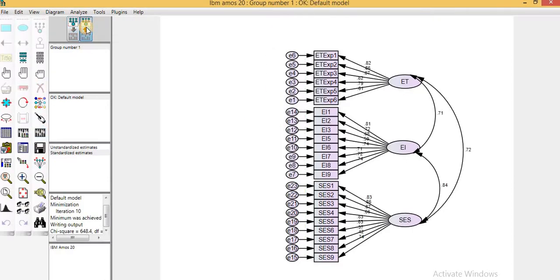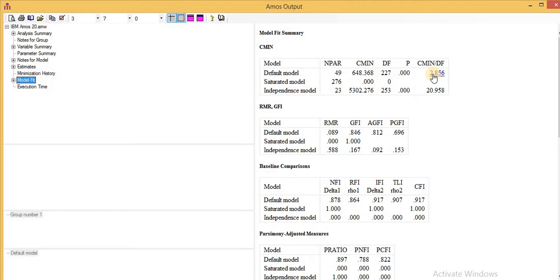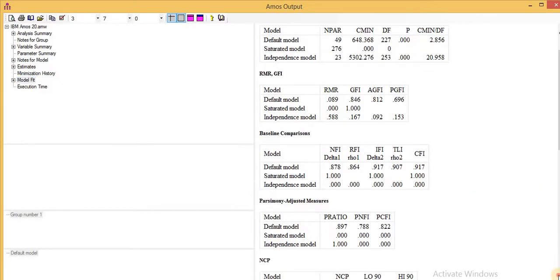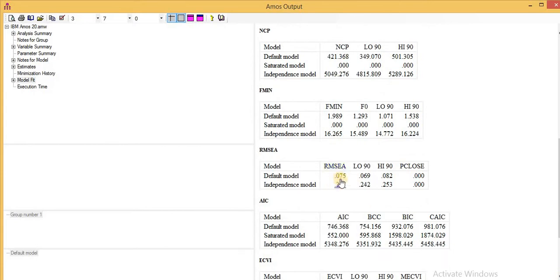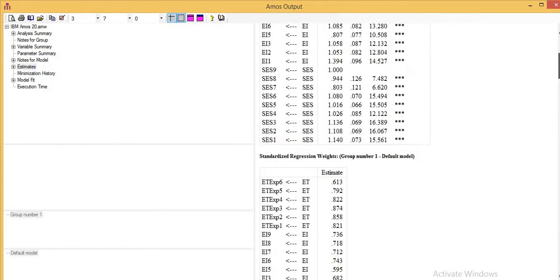These are the results. You can see that at the standardized estimates, the correlations are acceptable. You need to go to the view text button and check that your model is fit. Chi-square divided by degrees of freedom, values of GFI and AGFI are acceptable, TLI, CFI, IFI are also acceptable, and then the value of RMSEA is also acceptable. If these values are within the threshold values, you need to go to the estimate button, and here you need to perform some functions.